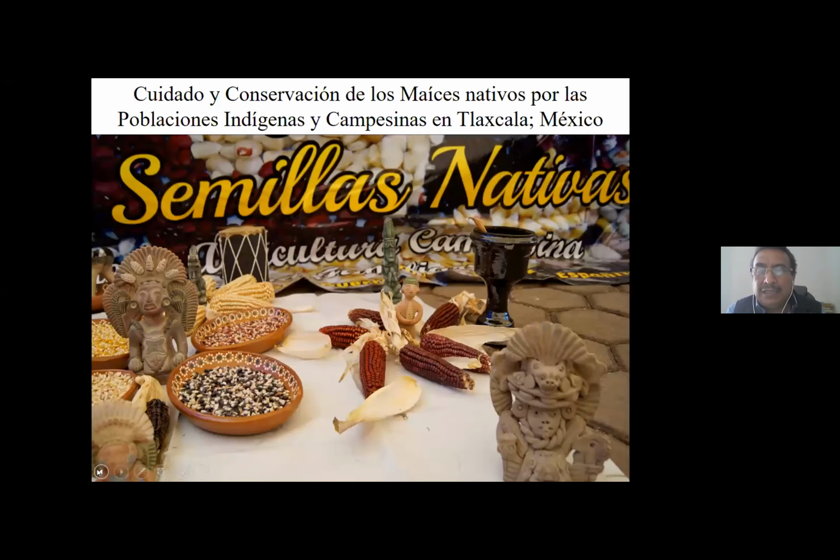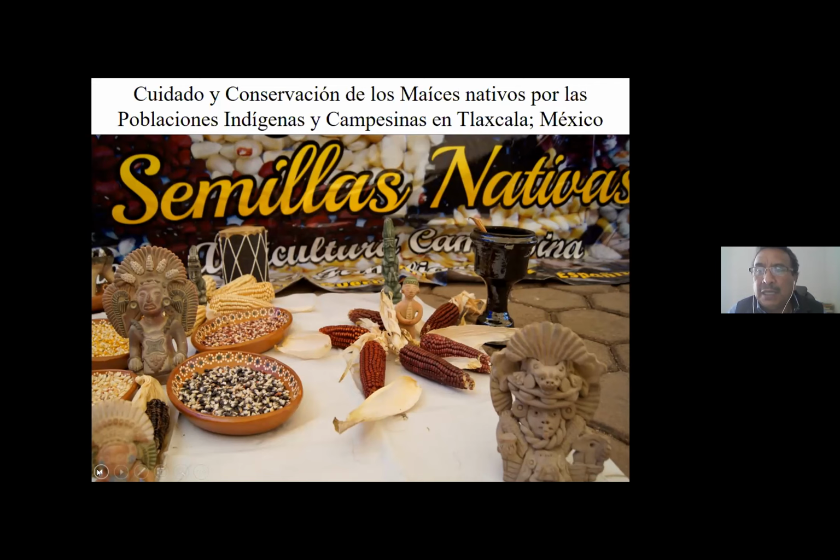And so to begin with, we need to talk a little bit about what corn is. This is a very representative slide for me that shows our native seeds. The native seeds, the names have been changed over the years. In Spanish, sometimes they're called the criollo seeds or the original seeds. That's what we call it in Spanish, the criollo seeds, because they have been adapted over time.